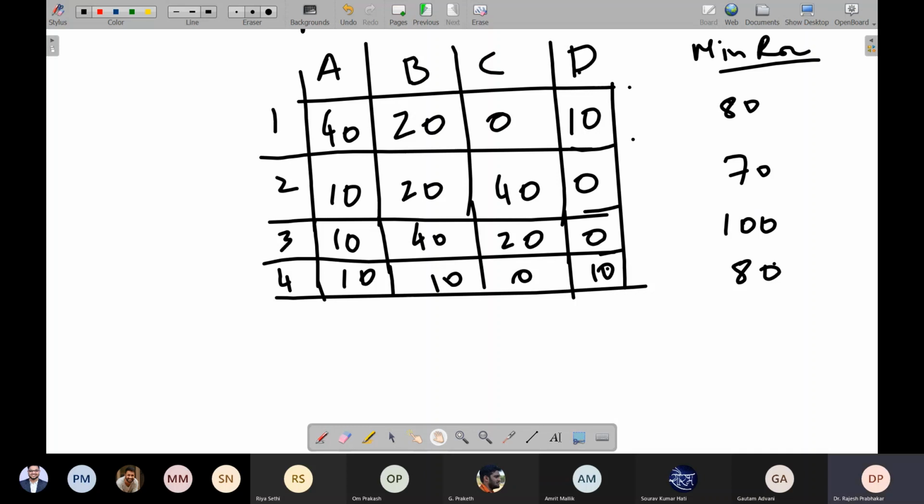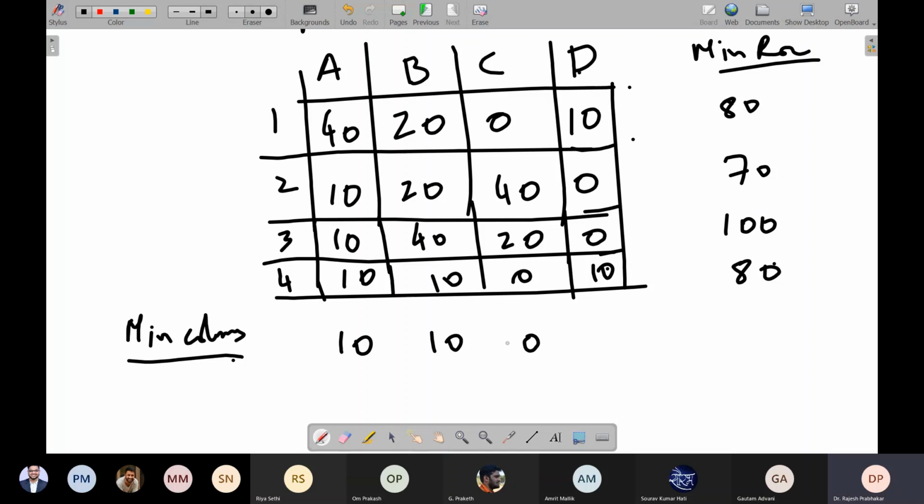Now, we will use this tableau to take the minimum of the columns. So we have to deduct the minimum of the columns. What is the minimum of column A? 10. Minimum of column B? 10. Minimum of column C is 0, right?